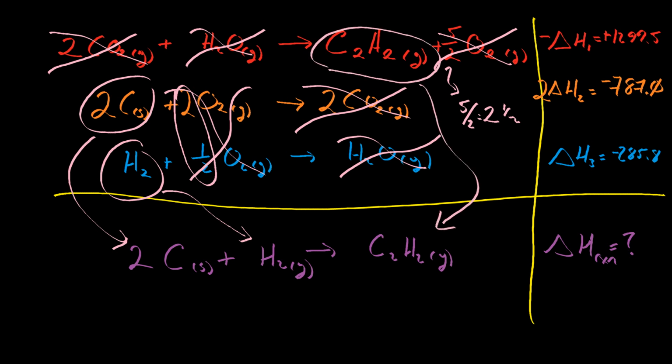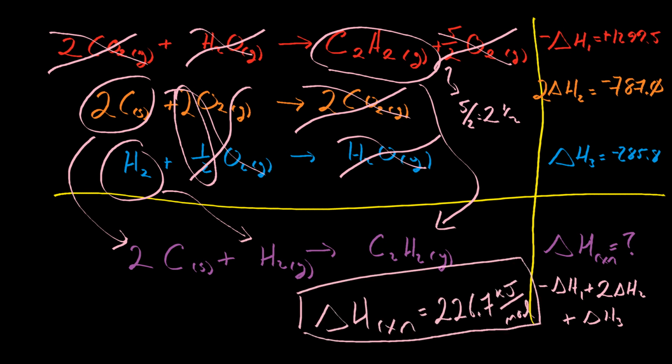Yay! And since our 3 reactions add together to produce the goal reaction, that means that our 3 enthalpy changes now add together to produce our enthalpy change. The enthalpy change of the goal reaction is equal to negative enthalpy change 1 plus twice enthalpy change 2 plus 1 of enthalpy change 3, which means that, all told, the enthalpy change for the formation of acetylene from the elements carbon and hydrogen is